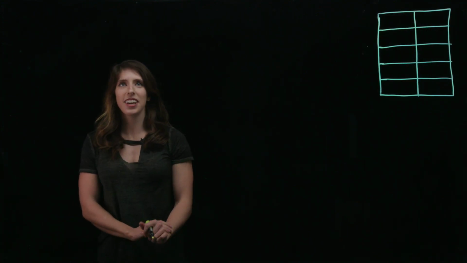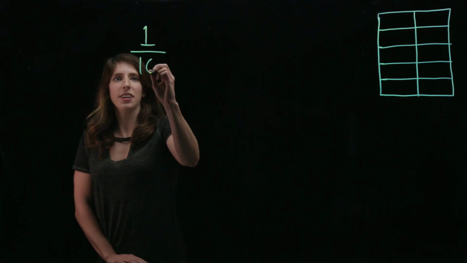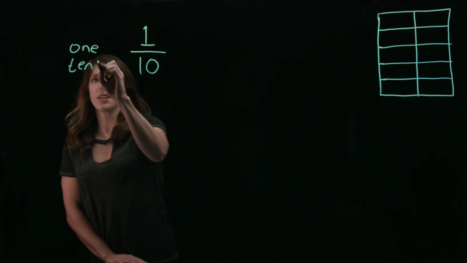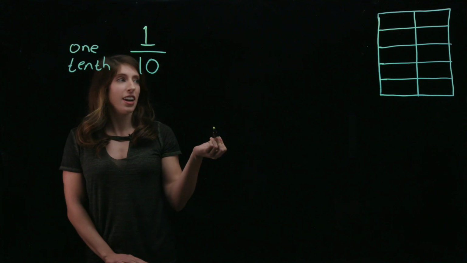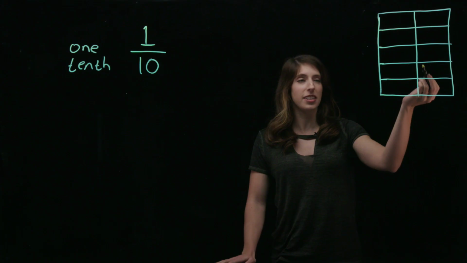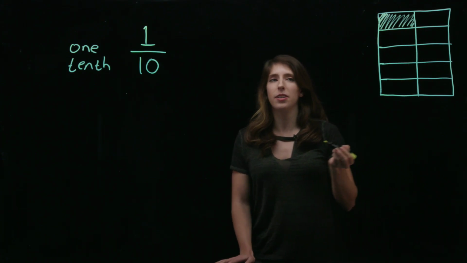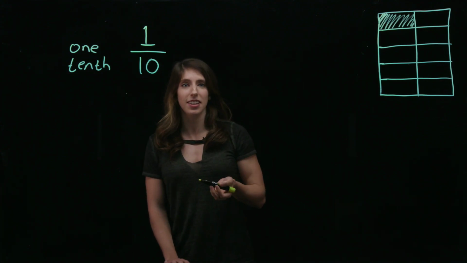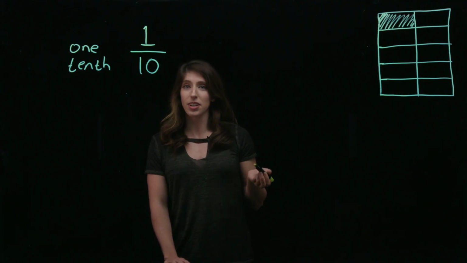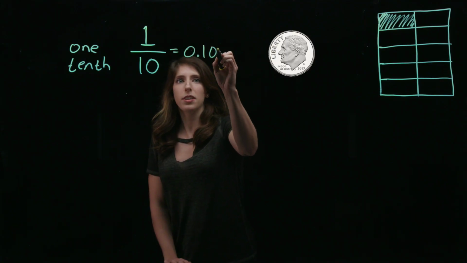Okay, and now for the tenths. First, we'll look at 1/10, or simply one tenth. And in my picture, I've got a rectangle for one whole divided into 10 equal pieces. I am going to shade 1 out of those 10 pieces to represent 1/10. Now for the decimal form, it helps again to think of money. What's a tenth of a dollar? Well, that would be a dime, or 10 cents, or simply